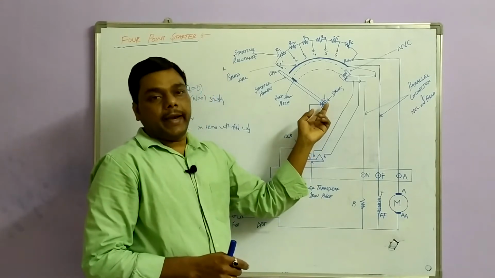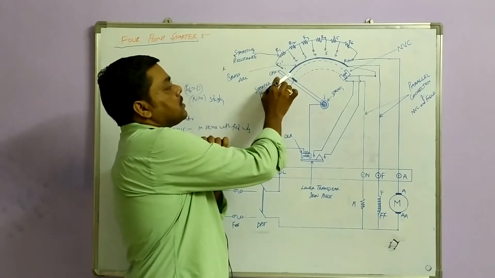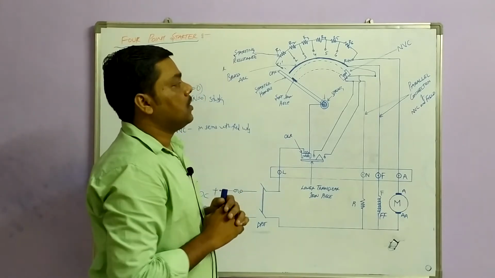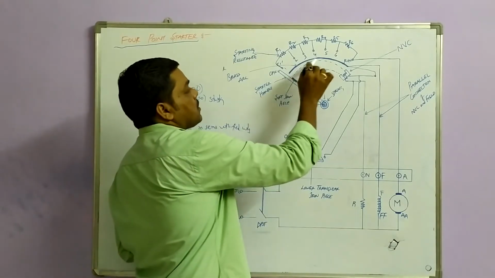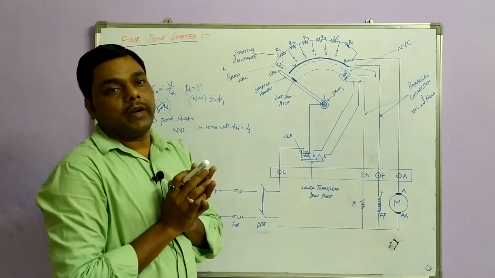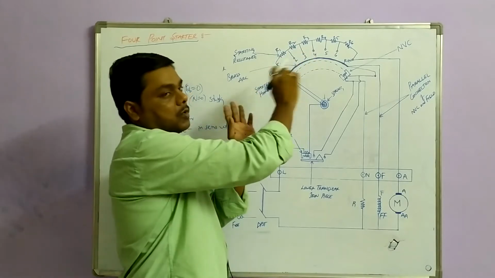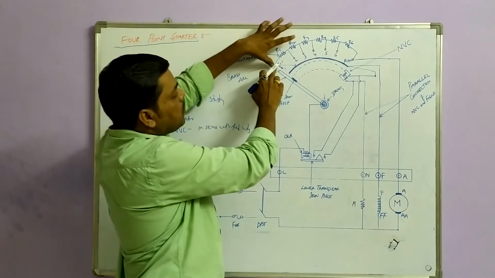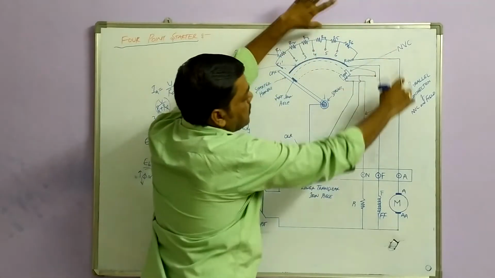So this handle also has a brass arc, a soft iron piece, and the starting resistance. Now you can see the current is flowing into the brass arc. From the brass arc it is going to be divided. You can see here the first position, the second. If you start from off to the first position, the current is flowing into the starting resistance and entering into the armature.